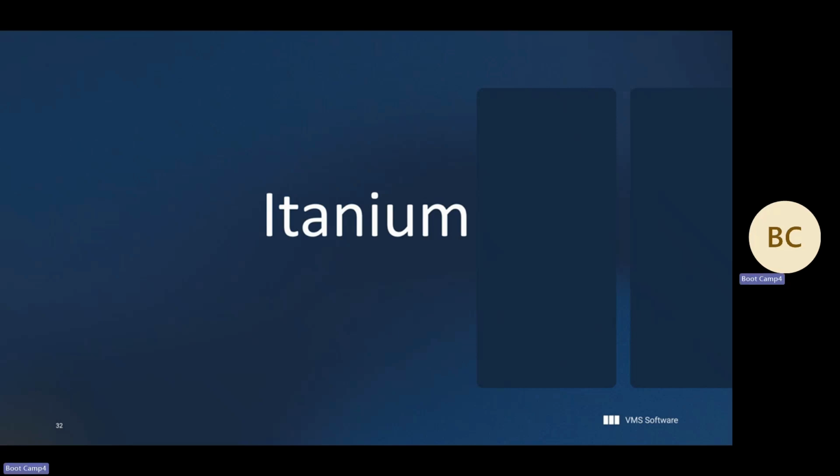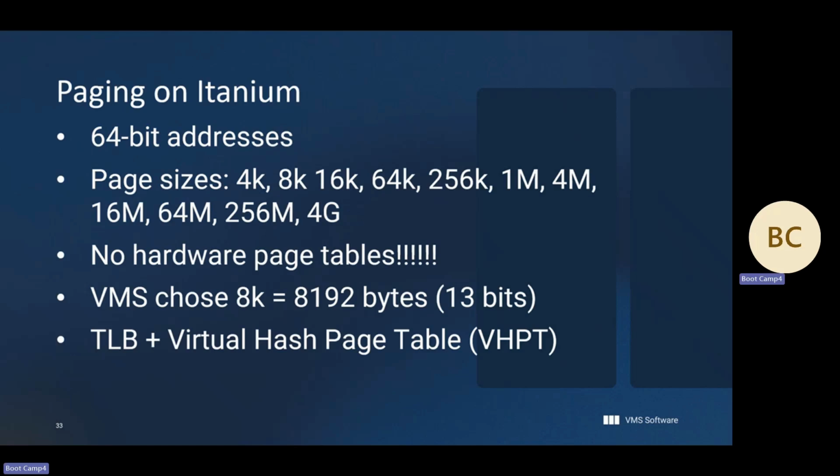But they had enough, the architecture of the system itself is very different. The issuing of 3 instructions at once required a step up in terms of the complexity and intelligence of the compilers. On the Itanium, it also had 64-bit addresses, and at the hardware level, it had a huge range of page sizes to choose from. It also had no page tables in hardware.